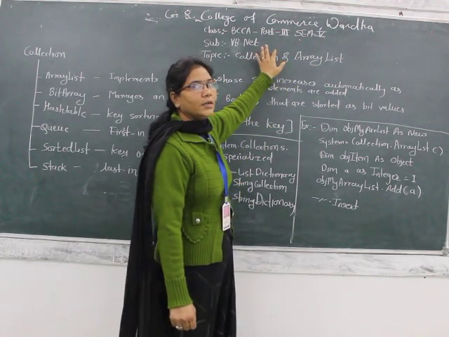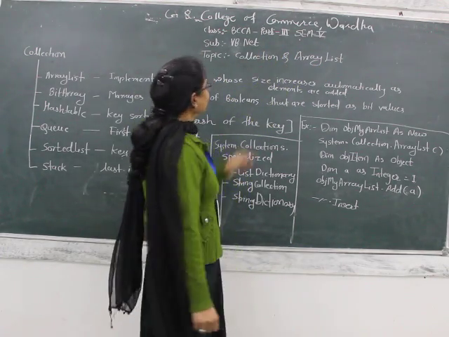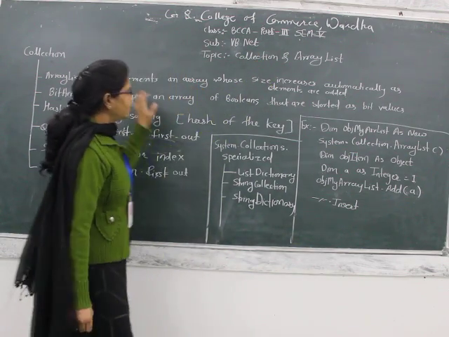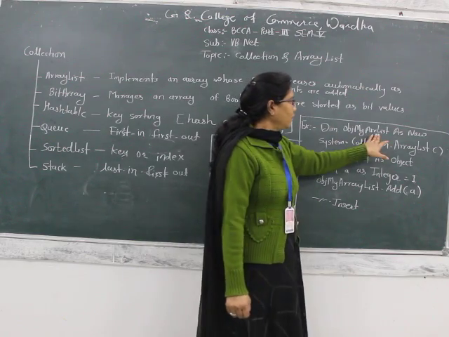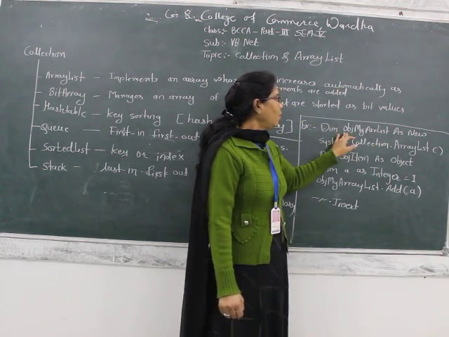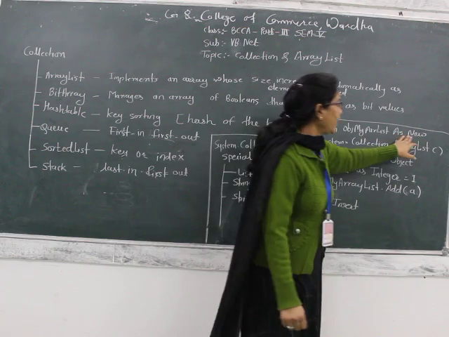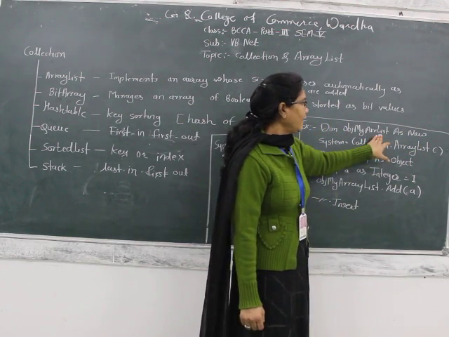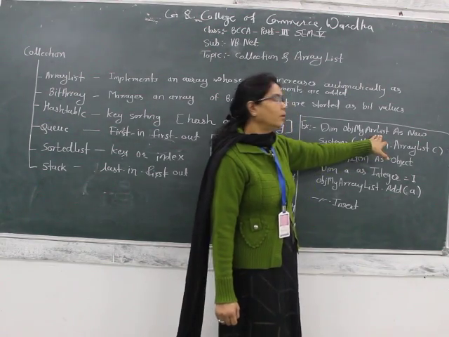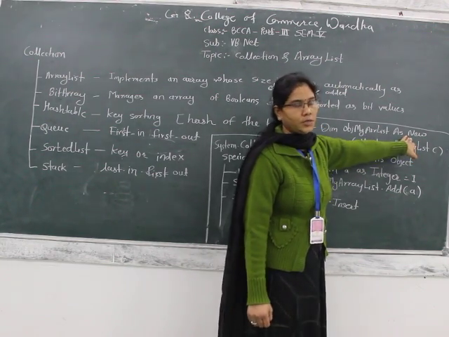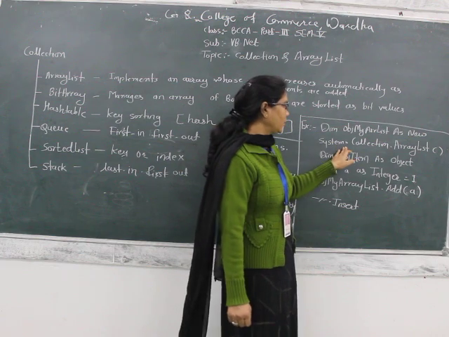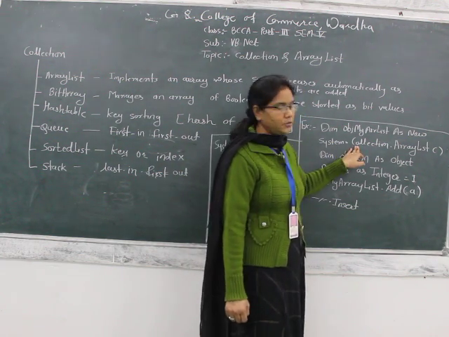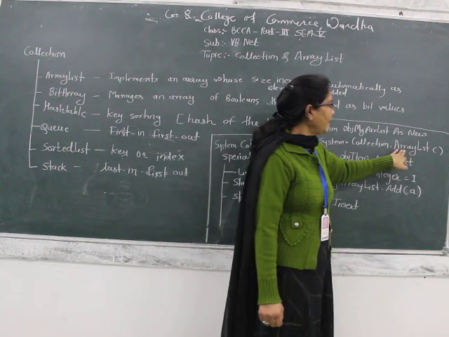Okay, so those are the collection and array list. That means those are the classes in the collection namespace. So the example of array list: Dim obj my array list As New. This is one line actually. Dim obj my array list, this is the object name. As New, New is a keyword. Then System dot system class library, then Collection, which is also a namespace, and then dot ArrayList.